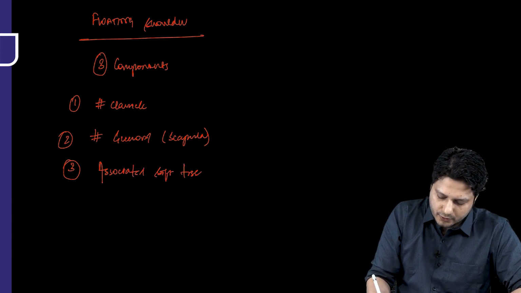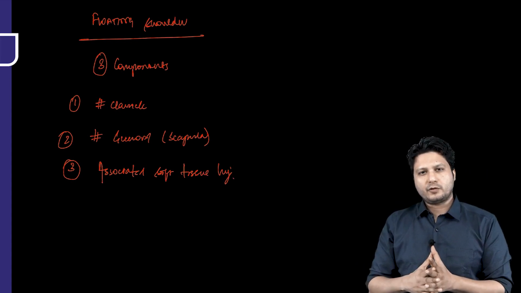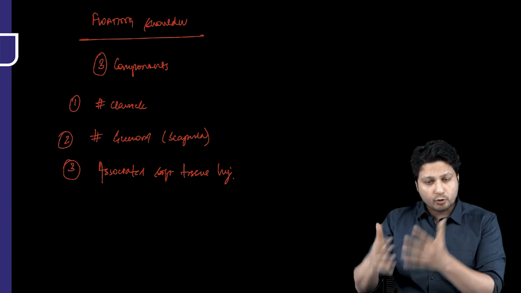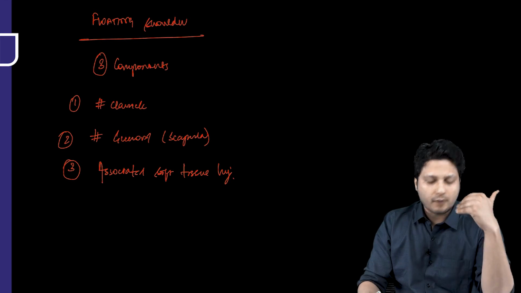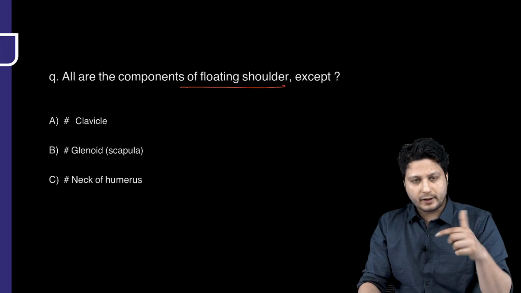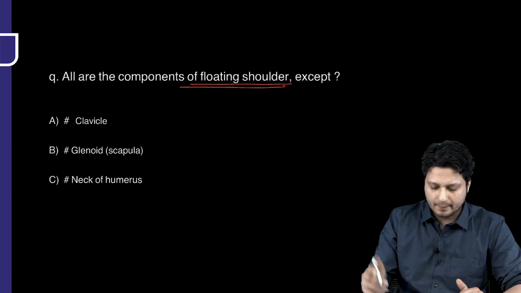Now, those soft tissues are going to be like, there could be the acromioclavicular ligament, coracoacromial ligament, the glenohumeral ligament. All these ligaments could be disrupted. So, it will lead to a floating shoulder. Now, what are the components? If you look back to the question, all of the following are the components of the floating shoulder except,